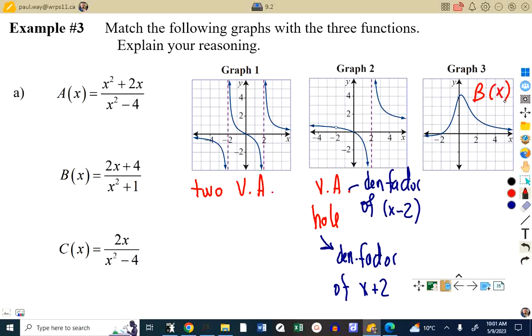When you look at these, there are no non-permissible values that can exist for that function because no value of x will make that 0. When you take a look at both a of x and c of x, they both contain plus and minus 2 for non-permissible values. The difference is